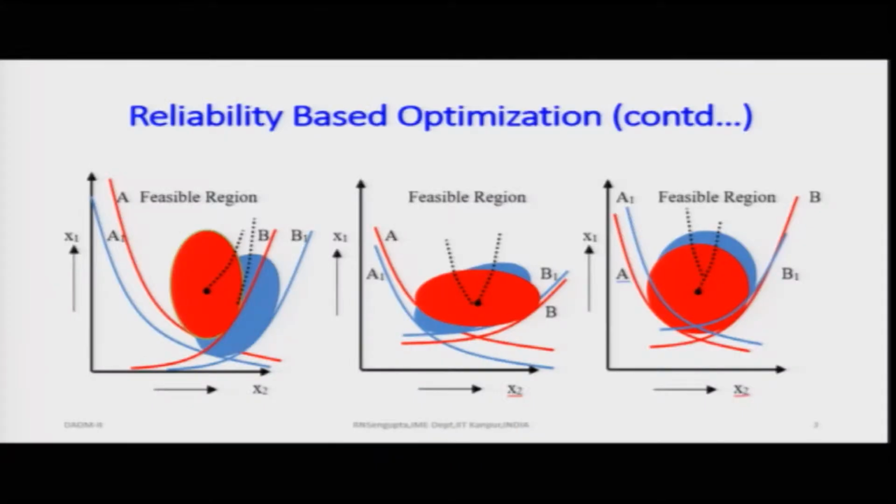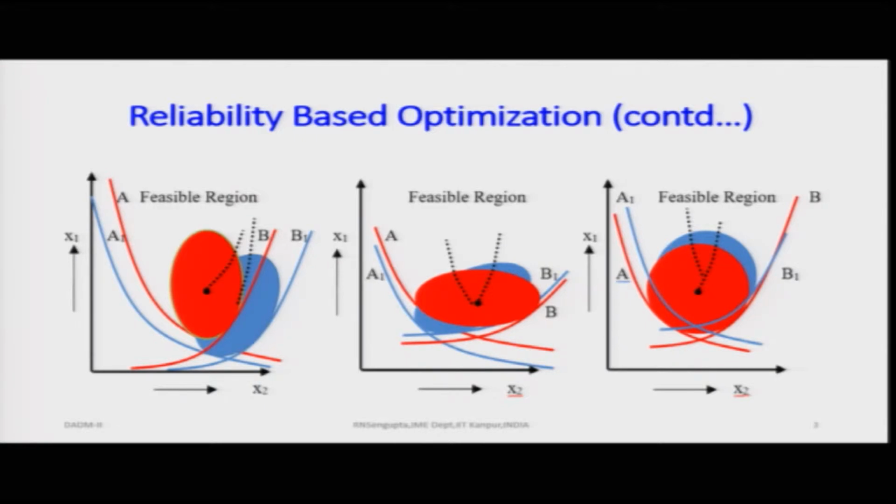So, as the level of reliability increases or decreases, the red lines would slowly move, that is A and B would move inside, that means the feasible region would decrease, and they would become A 1 B 1. Then in the next case you will have A 2 B 2, which have not been drawn here. Slowly the loci of the movement of the center of gravity will move more towards the inside of the feasible region, and hence the level of reliability would dictate what the actual solution is.